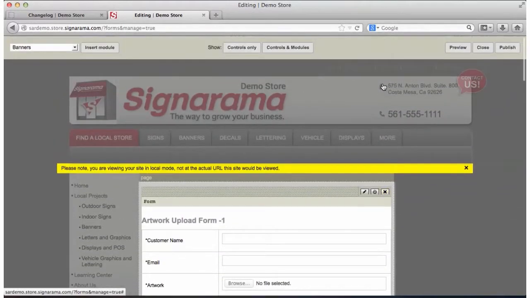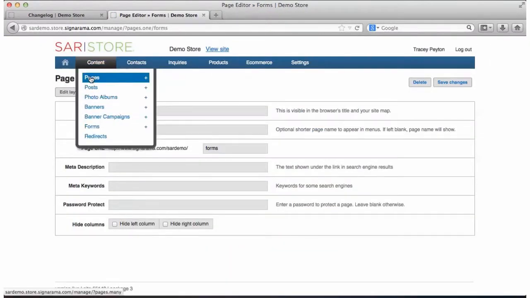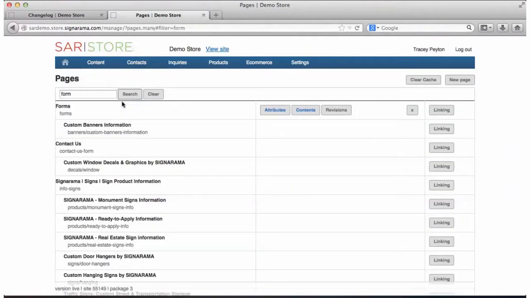Going back, we'll go ahead and close this, and go back to the pages, and view all our pages. Again, you can search pages here, so if we wanted to get to that form page a lot faster, we could type it in there, hit search, and that'll pull it up. But in our case, what we want to do is add a new page. So what I can do over here is click on New Page